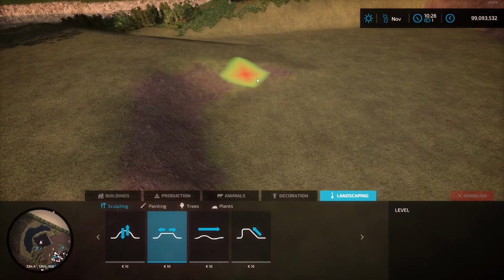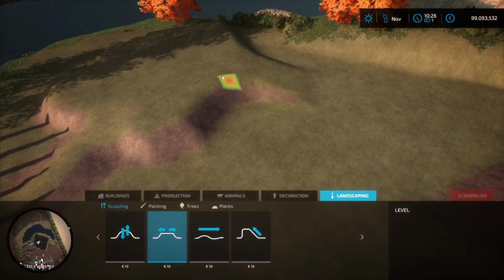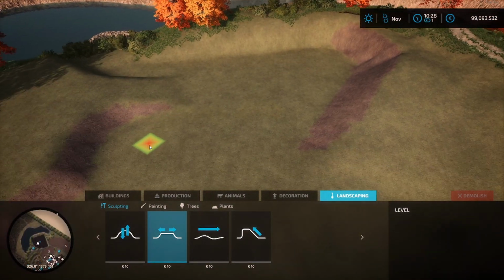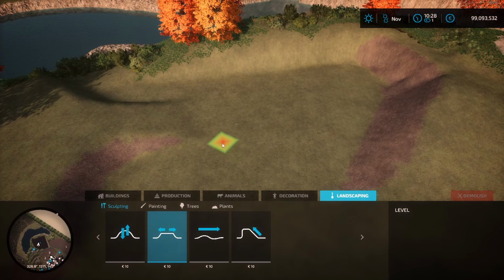Or you could have smooth ramps, or smooth sides of ramps. So what's the difference here? In order to explain why this happens, I decided to make a short video which explains how Farming Simulator works